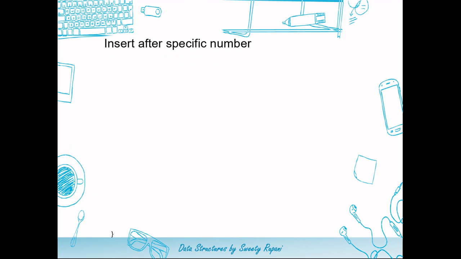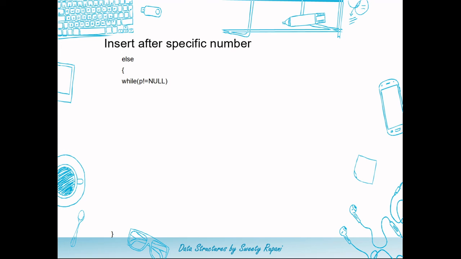Now if it's not a first insertion, in that case the else part gets executed. Now instead of writing link part of p not equal to null, we will write while p not equal to null, just because I want to come out of the list; I want to check the last node as well.